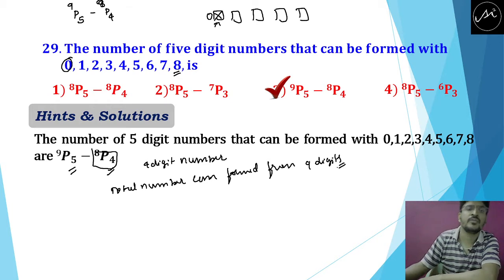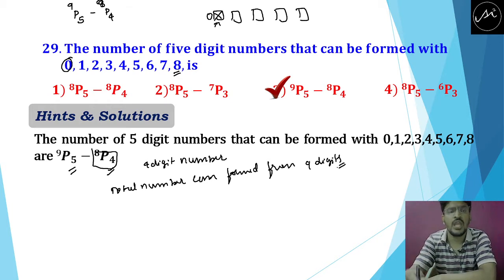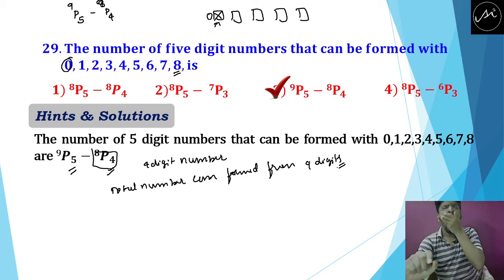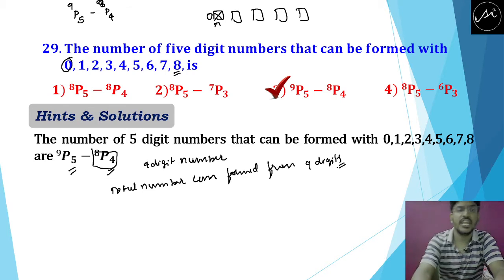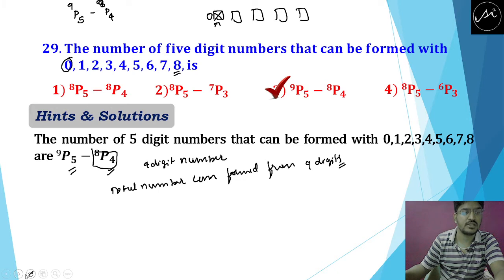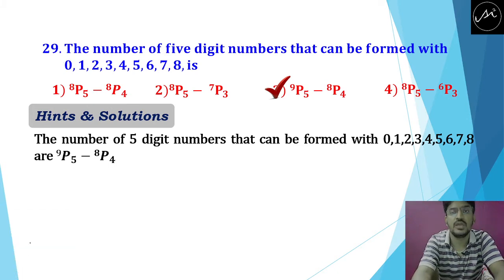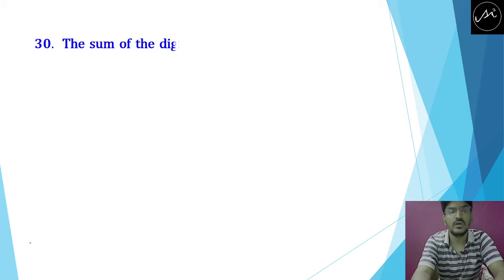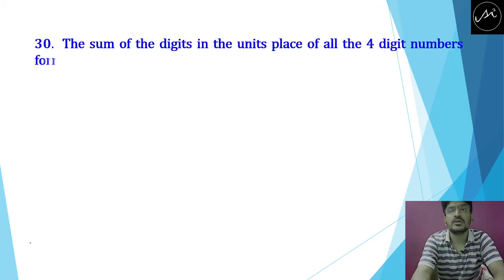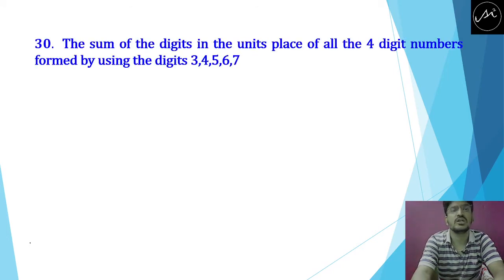Okay, so therefore 9P5 minus 8P4 will be the correct answer. 9P5 minus 8P4 will be the right answer. Clear? Okay, so now let us move to the 30th problem, that is